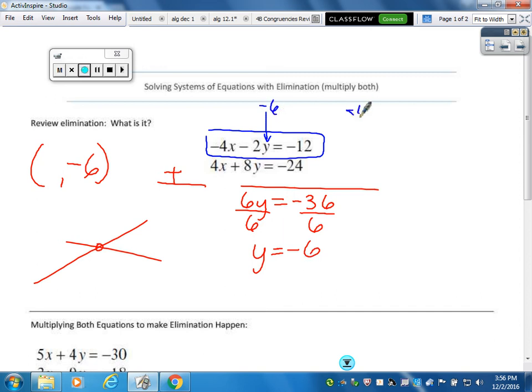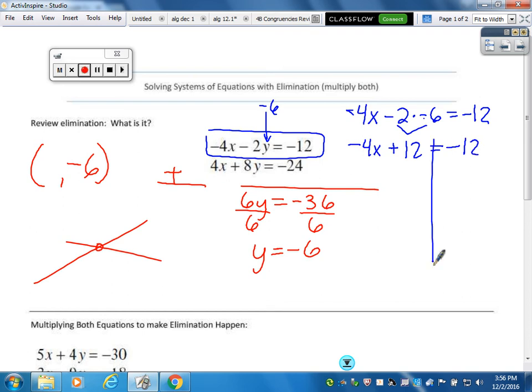So I have negative 4x minus 2 times negative 6 is equal to negative 12. This negative 2 and that negative 6 together make positive 12. You can think a negative and a negative are going to cancel. And I'm going to bring down my negative 4x, and I'm going to bring down my equals negative 12 over there. I've got to do a two-step equation. I love two steps. So we are going to solve for the negative 4x, which means we need to get rid of the 12, so subtract it. Now I've got negative 24 on that side,